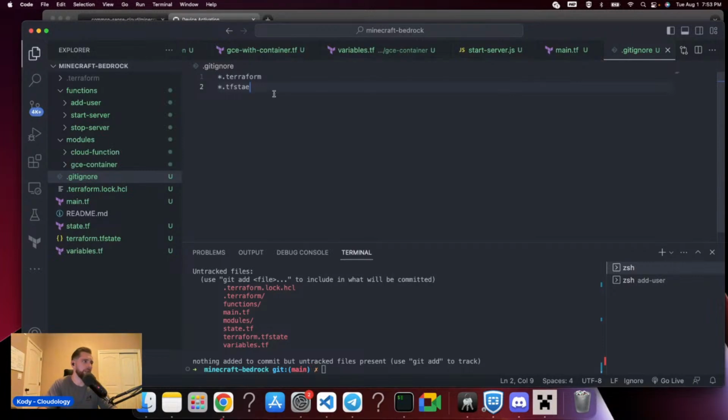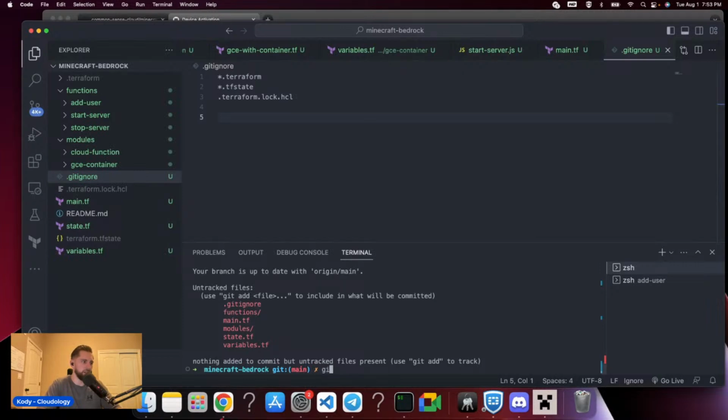And we can also ignore our Terraform lock file. State. There we go. And then let's ignore our .terraform, not lock. Right. Yes. Okay. So it basically just ignores all of our sensitive stuff, right? So we do git status, add